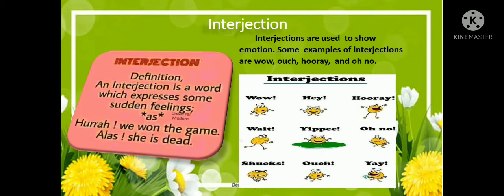Last one is the interjection. What is an interjection? Interjections are used to show emotion. Some examples of interjections are wow, ouch, hooray, oh no. It expresses sudden feelings such as joy, surprise, shock, etc. For example, wow, how beautiful the Taj Mahal is! Here, wow with the exclamation mark